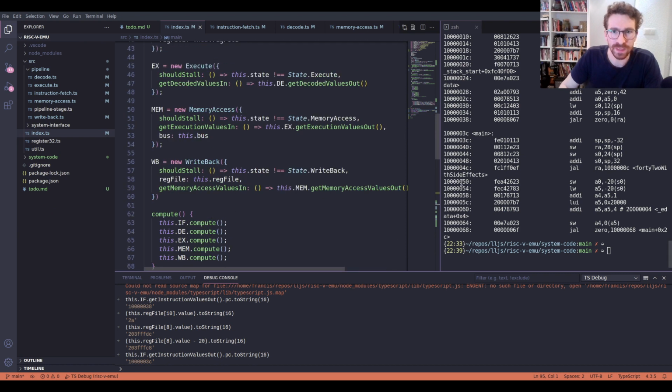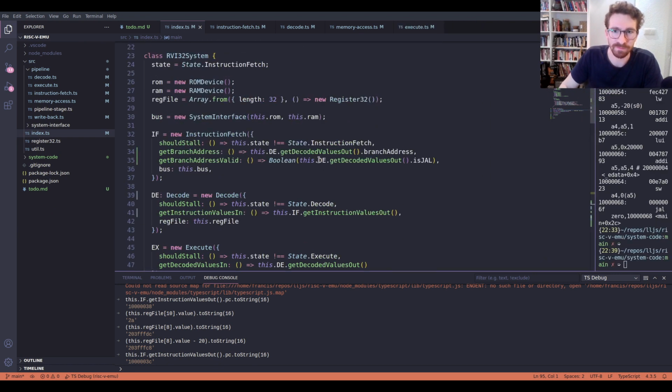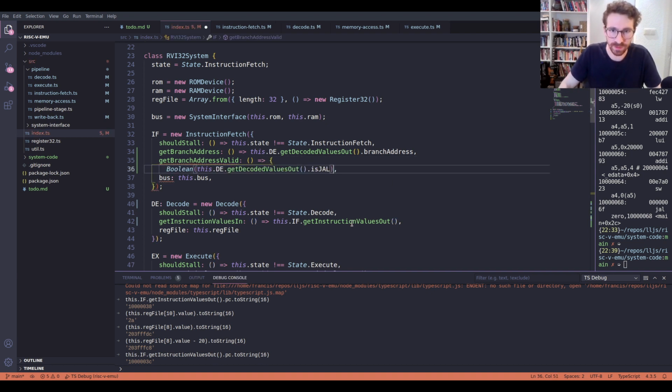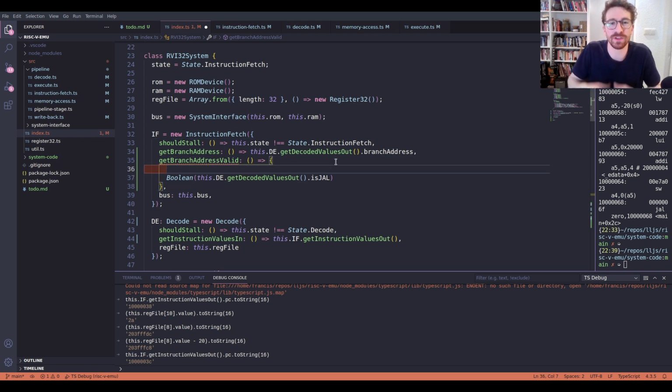What's going on is that, to tell if a branch address is valid, we need to do more than this. I even said this at the time, right? So let's just do this. And this is one more reason why we should actually just export isJump rather than